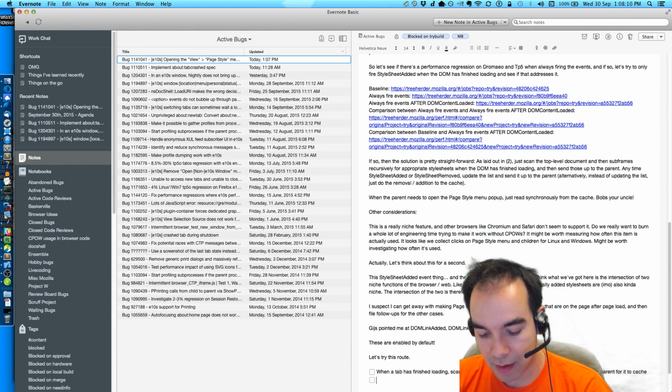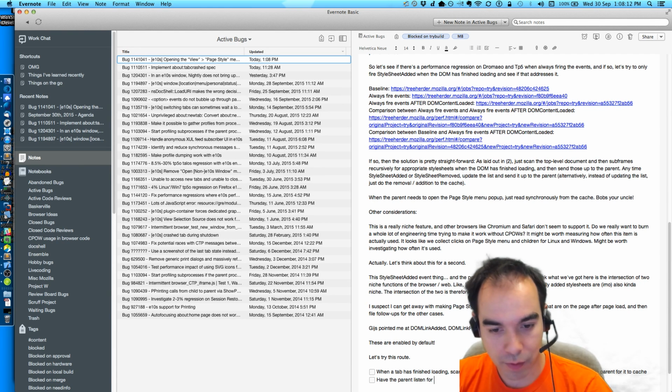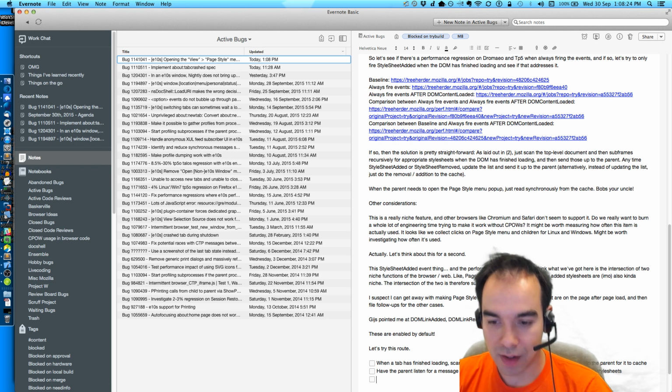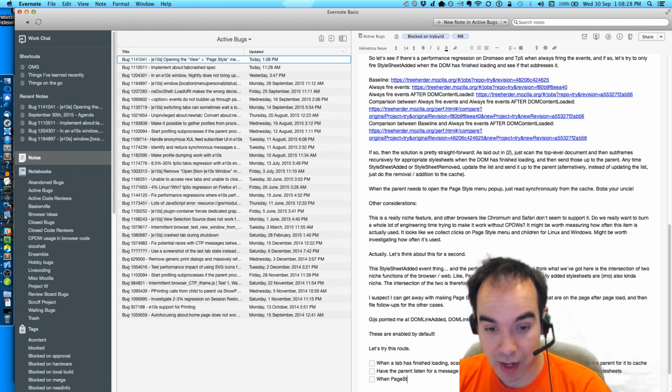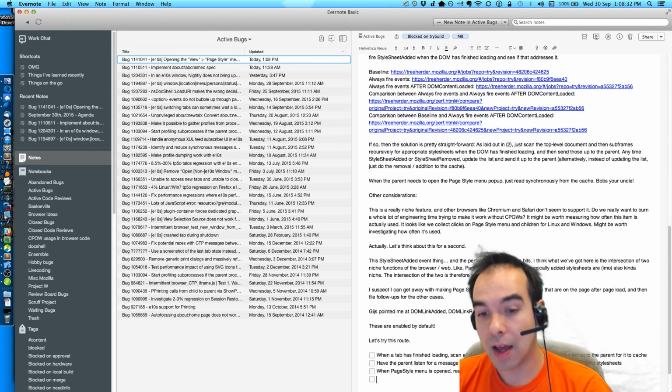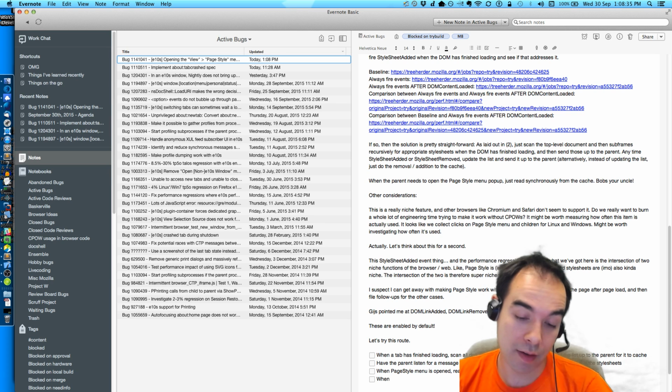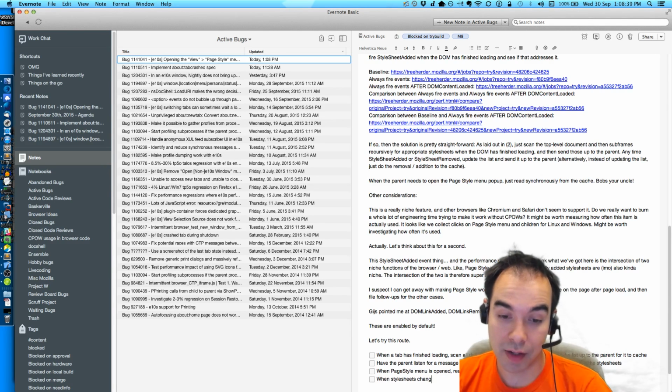Okay, we can do that. Have the parent listen for a message from the child regarding style sheets to cache, and cache the style sheets. Okay, and then when the page style menu is opened, read from the cache, and then when style sheets change in the child,